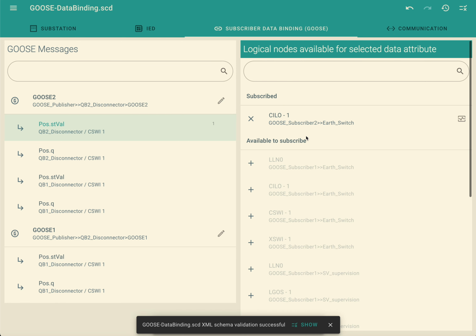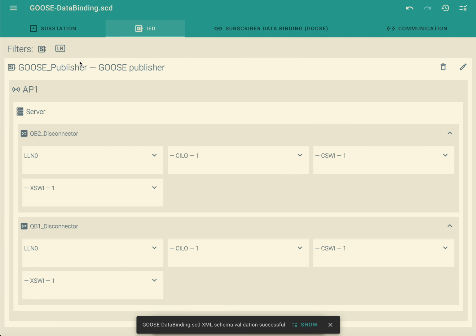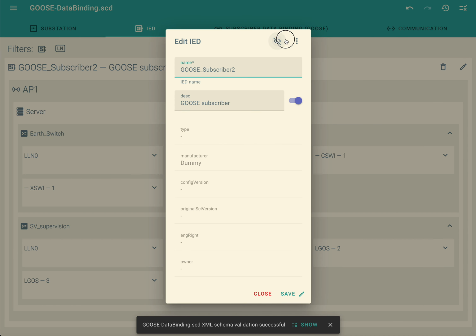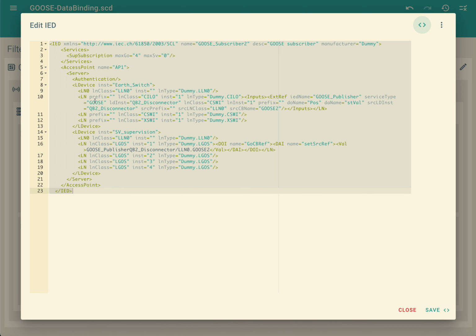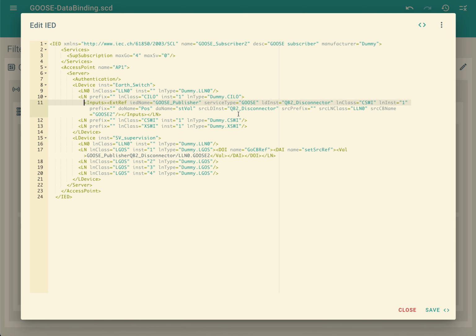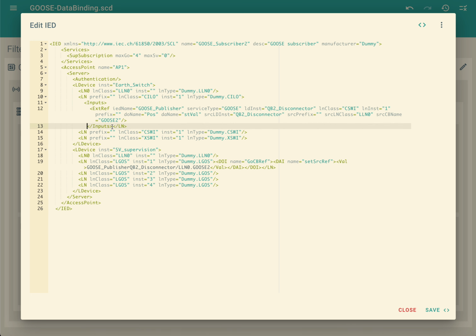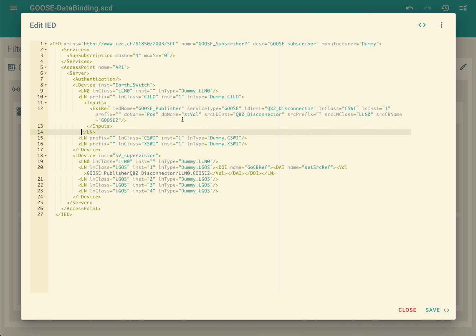But let's see what we have done to our SCL file after such a subscription. You can see that in the logical node Silo 1, we have added an input section, and the input section contains an external reference. That is a pointer to the data attribute that we have chosen. That one is allocated in the disconnector QB1. It's the position and the status information of the position, and it is carried with this control block